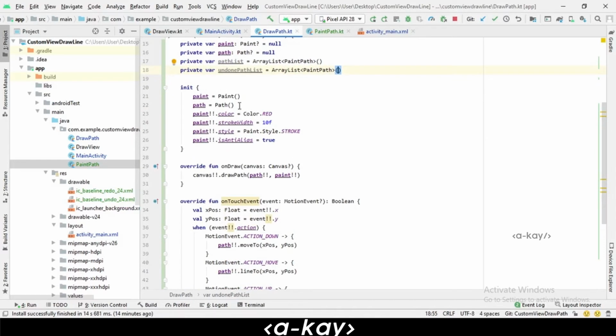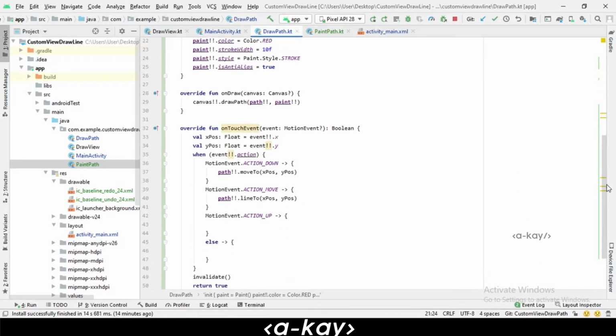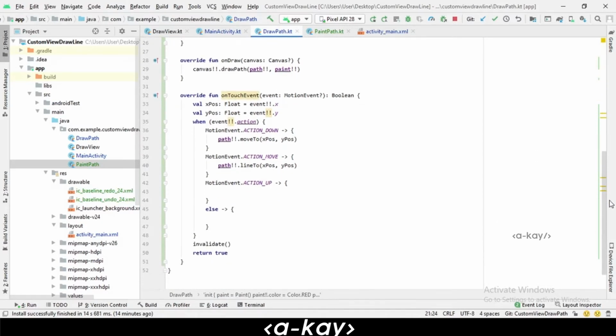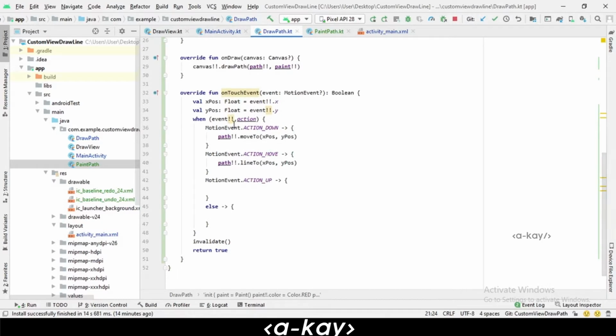We don't want to initialize our path here, we can initialize it in down, so we can delete this. Also, here we can remove this because we already checked for null here. Here we are going to make one function, touch start, which will have two arguments, one is x position and another one is y position.